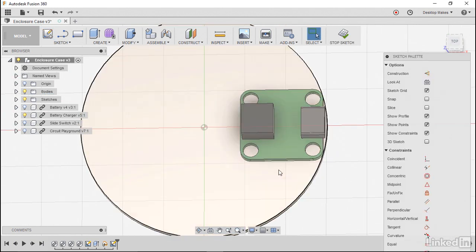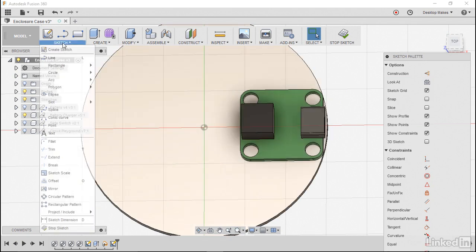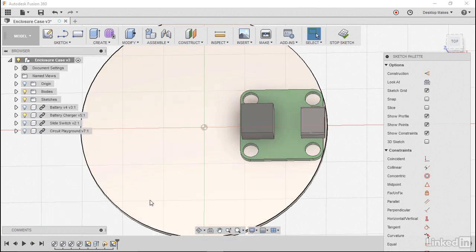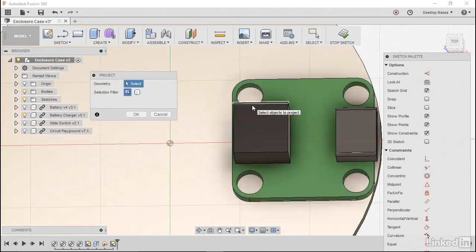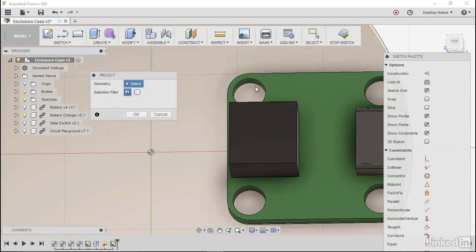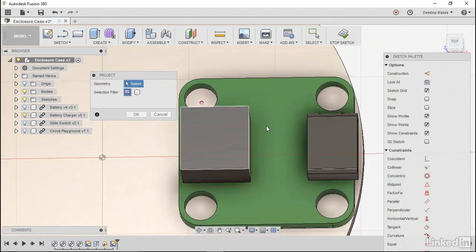And then we can go two ways. If we go to sketch, we can go down to project include and then choose project, or notice the shortcut P. So I'm just going to hit P on my keyboard, and then I can go in and select each individual circle here. So make sure your selection filter is set to the specified entities and not the bodies. So we're going to click on each of these circles